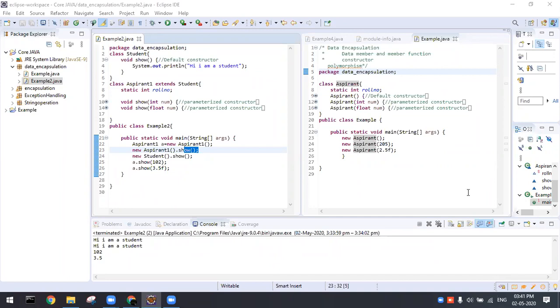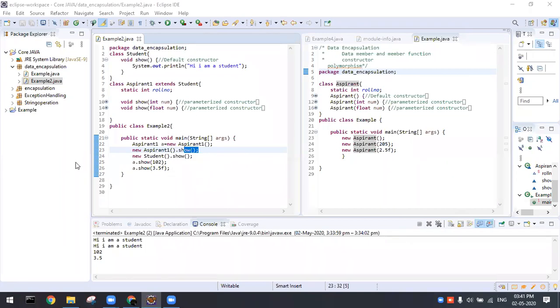Compile time polymorphism is nothing but whenever we change the syntax. The method name is the same, but the syntax is going to be different. That is, show is the same, but with a default argument, or a parameterized argument with a different type. So this is going to be different. This is called compile time, because we are checking the syntax.